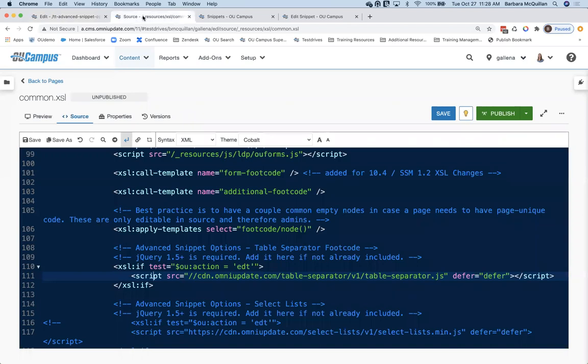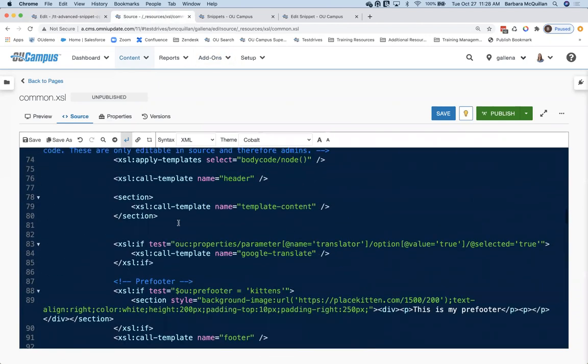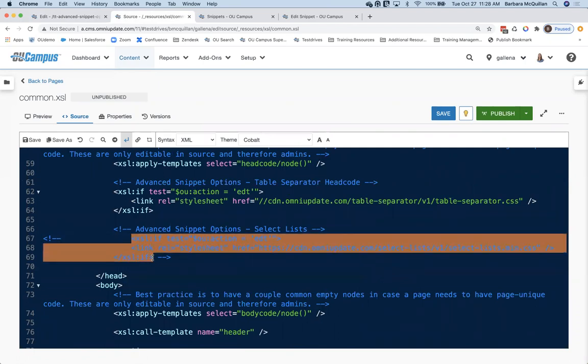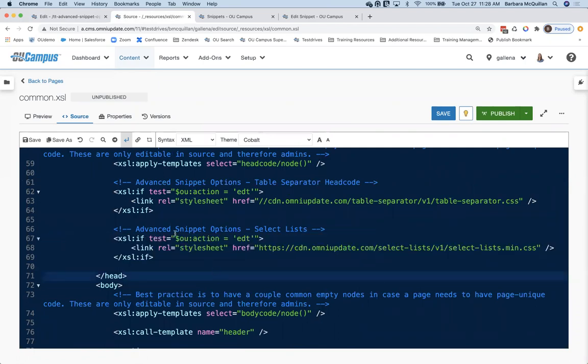Back inside my comment.xsl, just like with the table separator, there are two things that I'm going to uncomment from here. Scrolling up on my line number 67, there we go. Whenever I am in edit mode, I'm going to be pulling down this particular set of CSS.